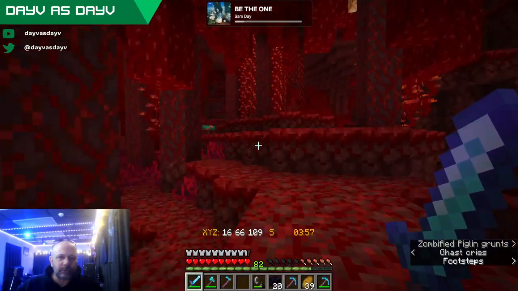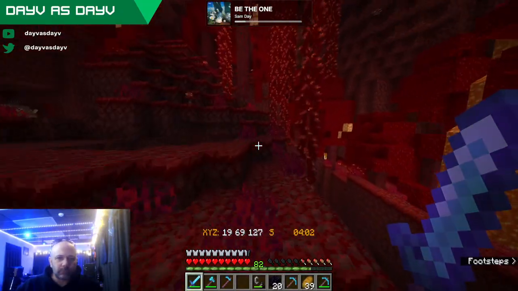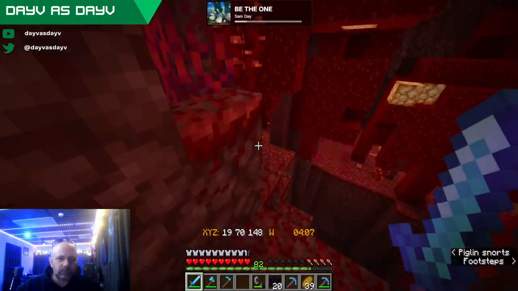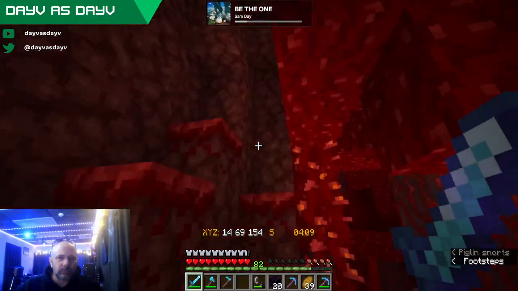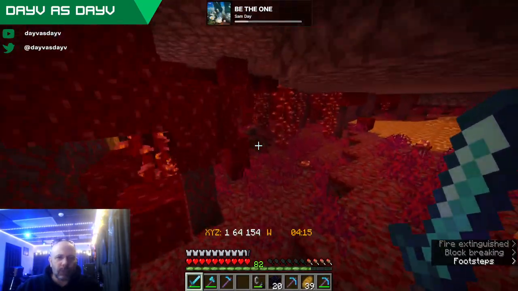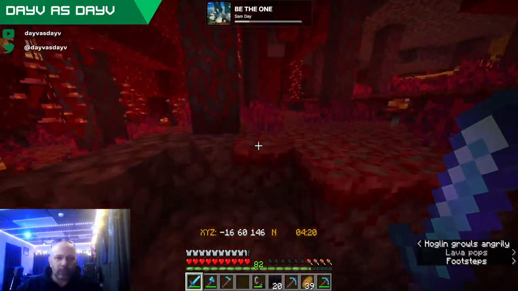I got lost. Okay, there's another lava I blocked up, so maybe more this way. And through here.